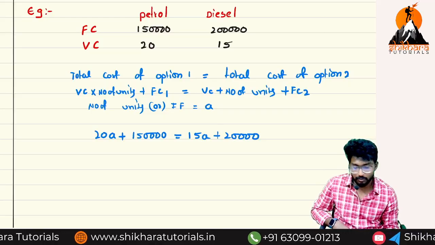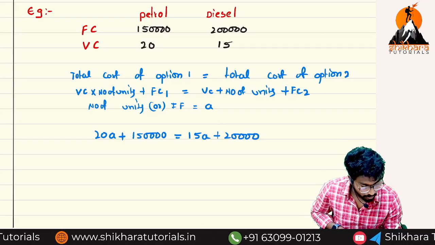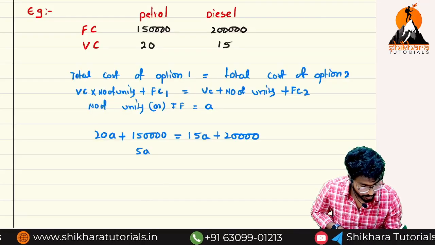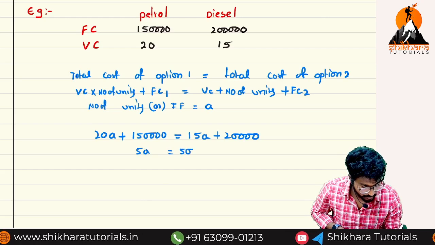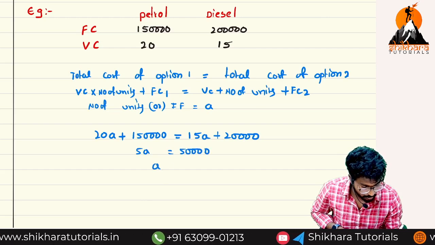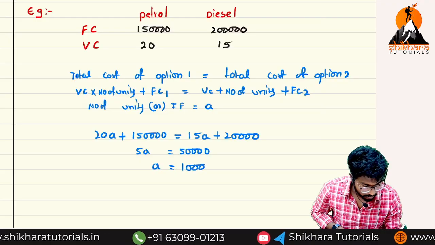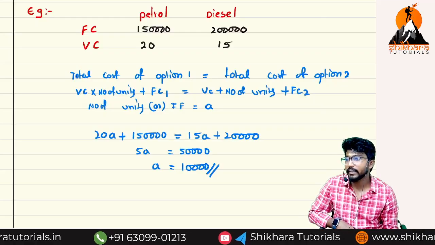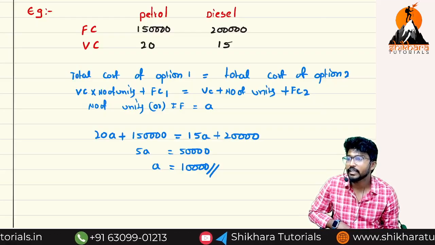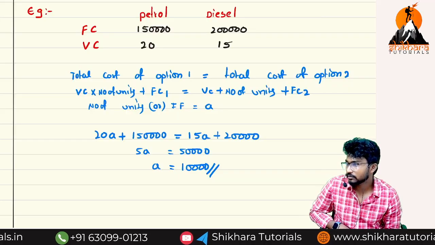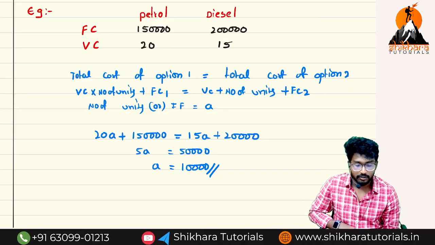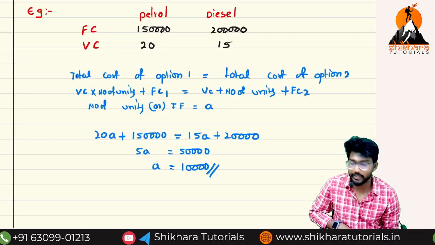That's it. Now 5A is equal to 50,000. A is equal to 10,000. What is A? Number of units, nothing but the indifference point. That's it. Now that means at 10,000 kilometers,